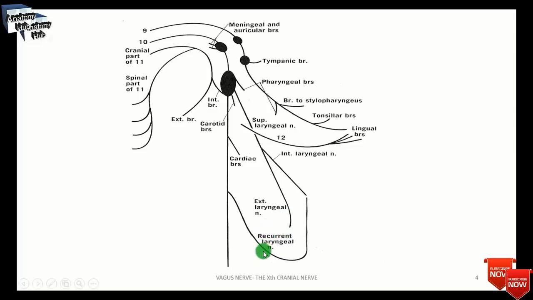As a result of the embryologic development of the aortic arches, the right and left recurrent nerves arise at a different level.